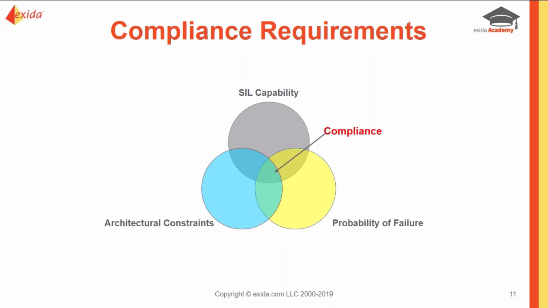So the common misconception here is that this is a thing that you can cherry pick. You might think that you've done a very good job on your architectural constraints, you've figured out your probability of failure, but you don't have to worry about the systematic capability, right, or that SIL capability. The standard says wrong, absolutely wrong. You are not in compliance with the standard unless you are considering all three of these barriers. This isn't, once again, something you can pick and choose. We need to do all three of these to accomplish